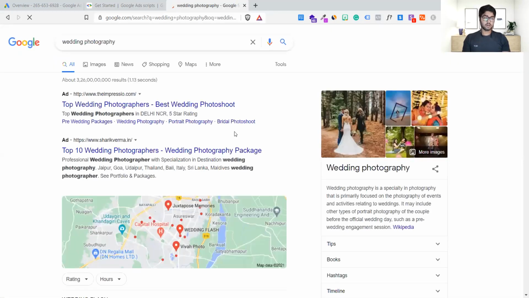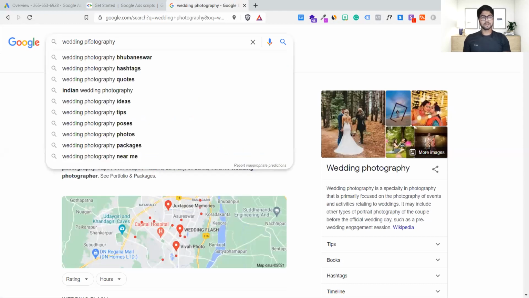You can see a lot of ads are coming up, right? This is the wedding season in India right now, and this is peak time. Everyone is running ads. The top wedding photographers, Delhi NCR and all, you can see this. So if someone is looking for wedding photographer events and all, approach them. Tell them that I can run search ads for you. These are the keywords. Simple. You don't even have to search for them.